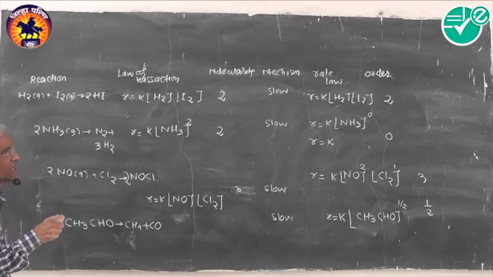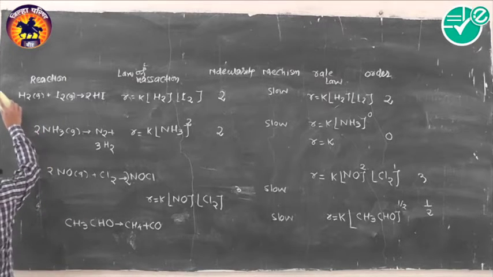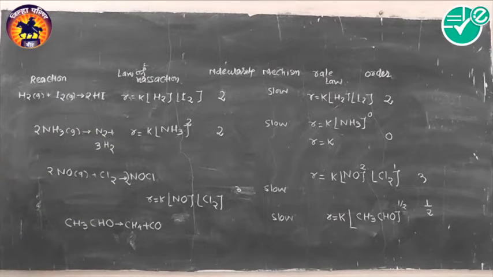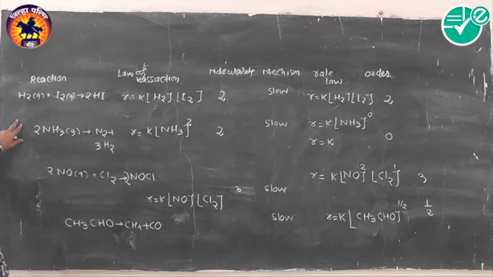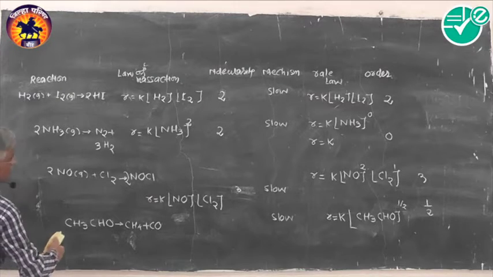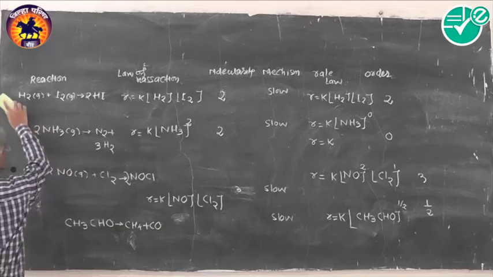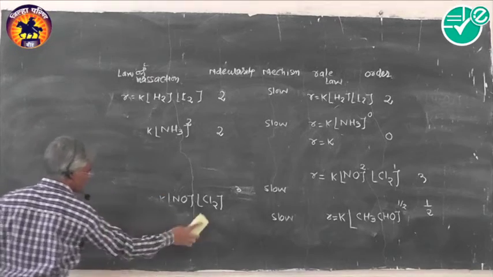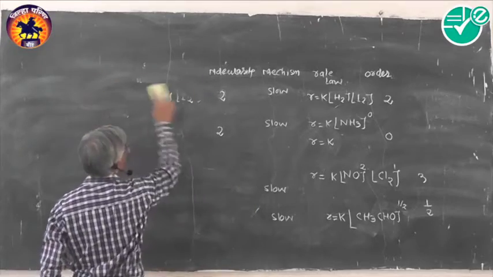Now let us go for this, and this way we can have the memory of all the concepts of order, molecularity, mechanism, and we can practice it by writing like this. Now let us go for the next concept of the pseudo first order reaction,